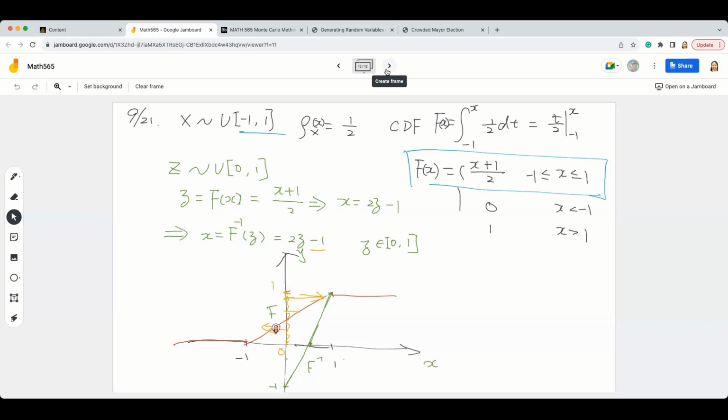So this is the continuous case. If it's continuous, you just try to find the inverse, and it is easy to get. If it's discrete, then you need to figure out a way to map it back, even though it's still not so complicated. I want to leave you one question to think about. For example, I still want to generate some random variable.